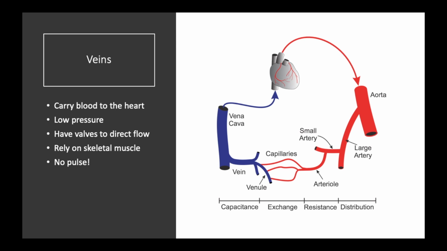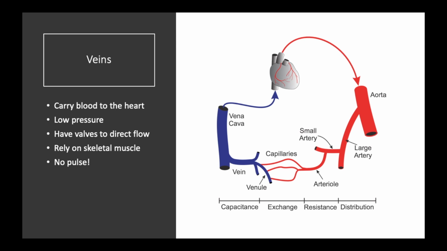Veins carry blood to the heart. They're under low pressure. They have valves in them that are there to direct blood flow, so they don't rely on a muscle layer within the vein itself. They rely on valves to ensure blood flows in one direction, and they rely on skeletal muscle in order to pump the blood